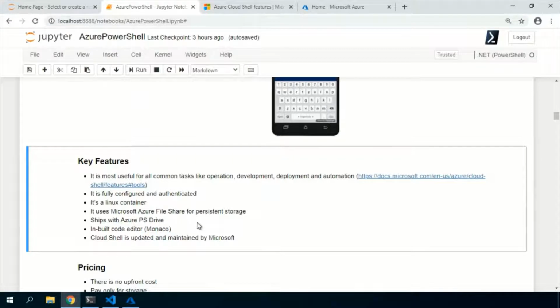And the other advantage of having the Cloud Shell is that you don't need to maintain or update any tools inside it, unless you require a specific version. If you want to configure it, yes, you can do that. But other than that, for all popular tools, Microsoft will update and maintain the Azure Cloud Shell. Right, but there will be a little lag. If any latest version is released, it will take 2 to 3 weeks to get updated in the Cloud Shell.